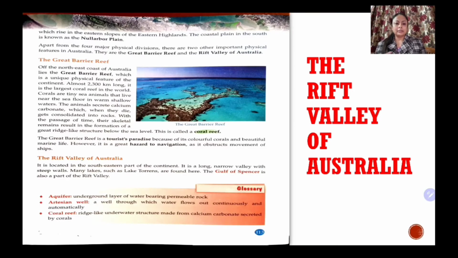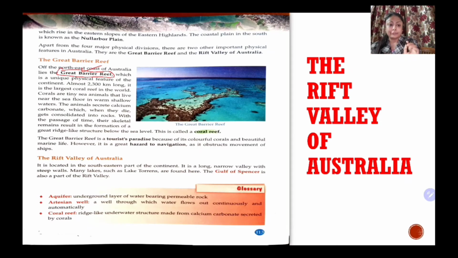So students, this is about the coral reef, and it's the largest coral reef in the world, which is located off the eastern coast of Australia, and that's why it is known as the Great Barrier Reef. Now, great means it is the largest, and reef because it is a coral reef. Why is the word barrier used? Students, the ships cannot enter the eastern coast because the coral reef forms a barrier. That's why the name is the Great Barrier Reef.